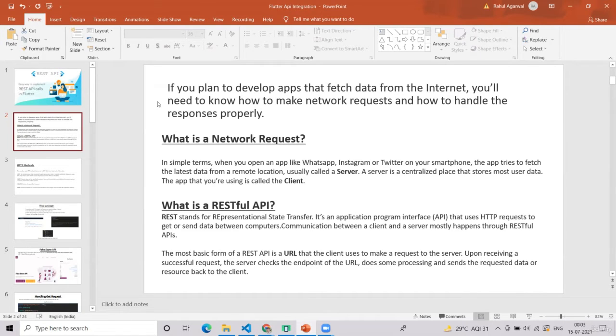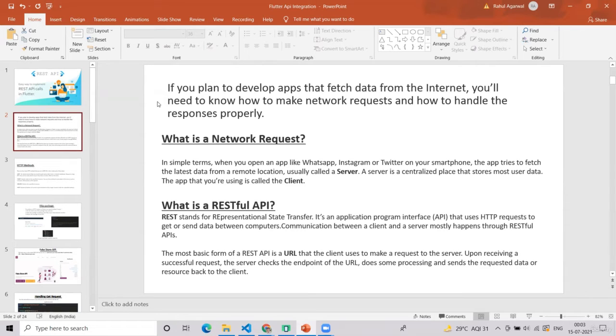The most basic form of a REST API is a URL that the client uses to make a request to the server. So if you see any APIs, you will get a URL to which you have to send the request. That is, you have to hit that particular URL. Upon receiving a successful request, the server checks the endpoint of the URL, does some processing, and sends the requested data back to the client.